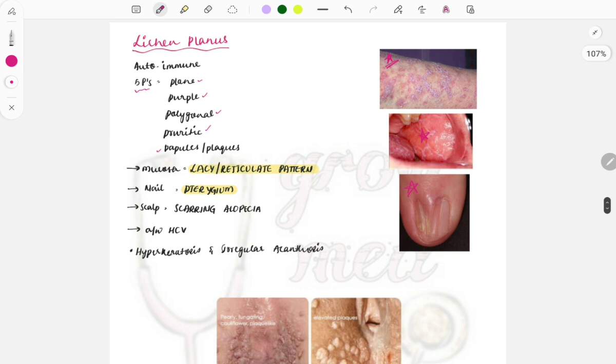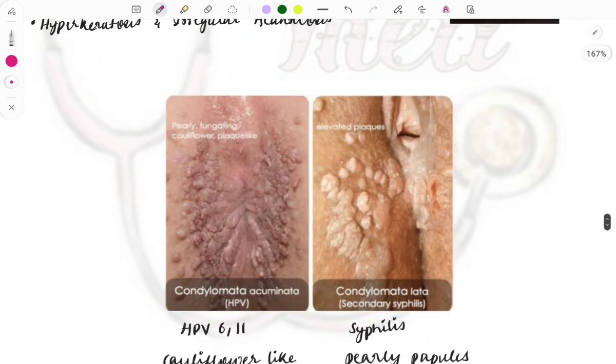Okay, so these are the important things which you must remember from lichen planus, and you can expect a question from lichen planus or psoriasis. So it is a must know topic. Then to another important